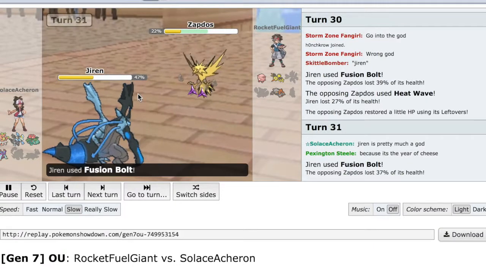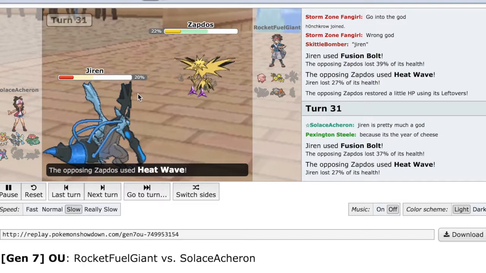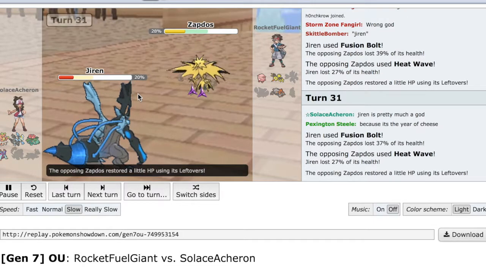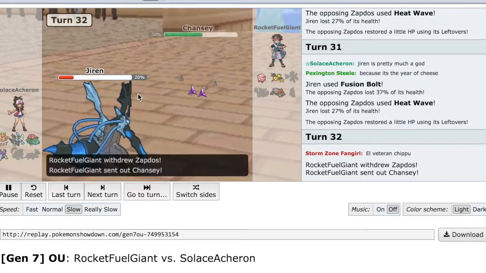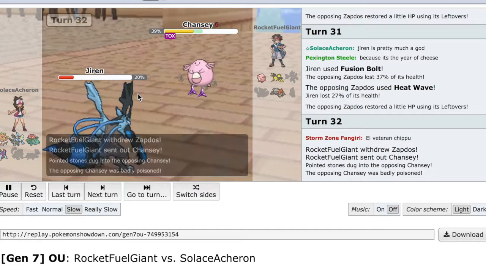Now it's at 22%. As he goes for another Heat Wave instead of, you know, he's got pressure, right? Why isn't he going for Roost? I don't get it. He could have won right there, but no. And then he switches out into Chansey with the...